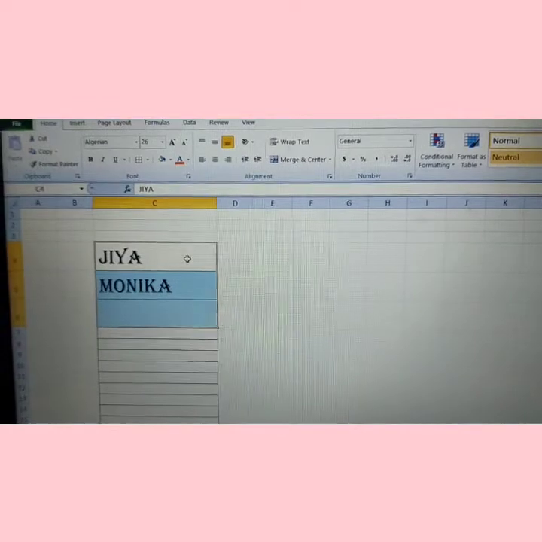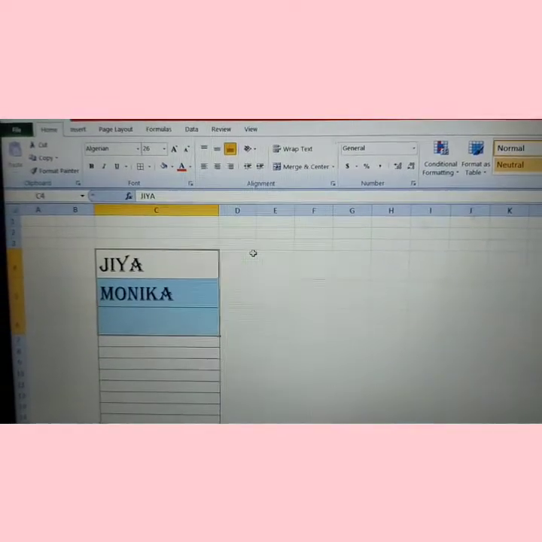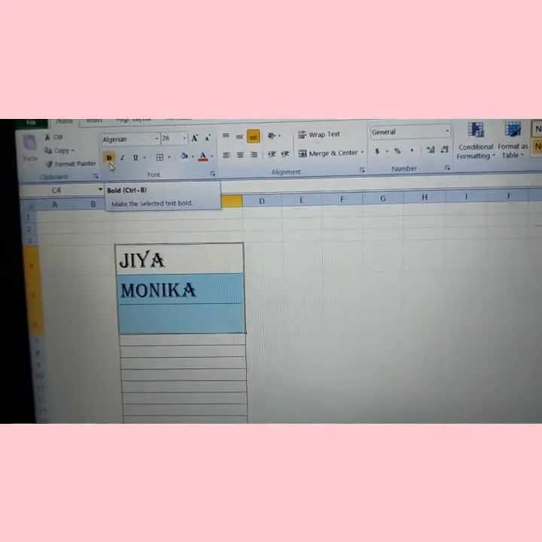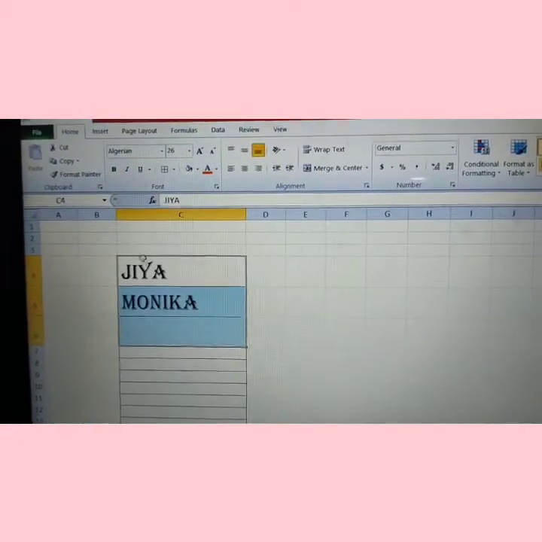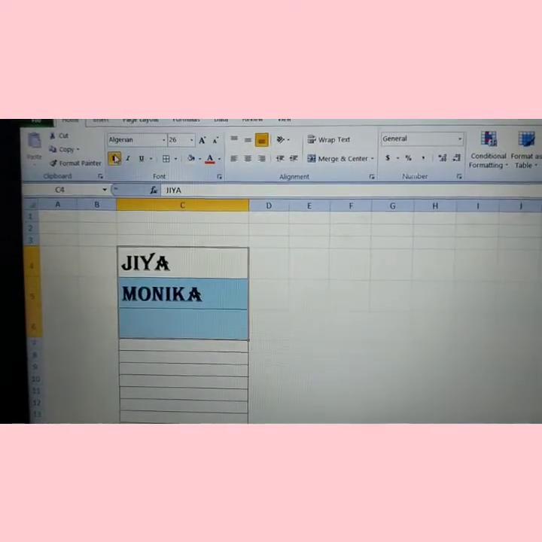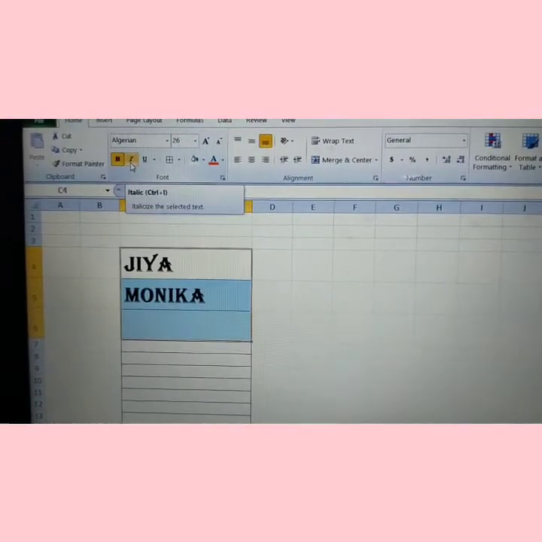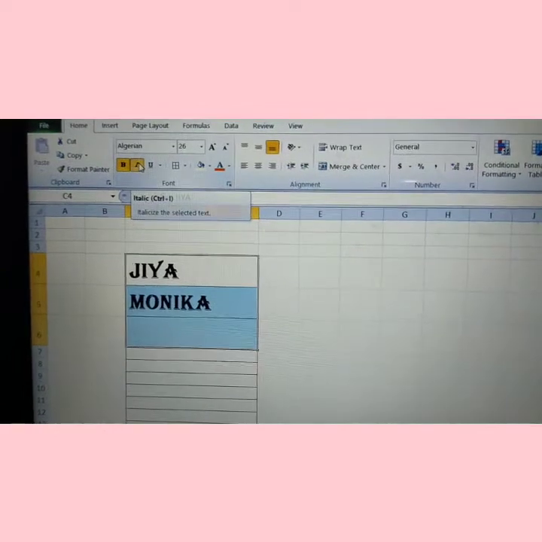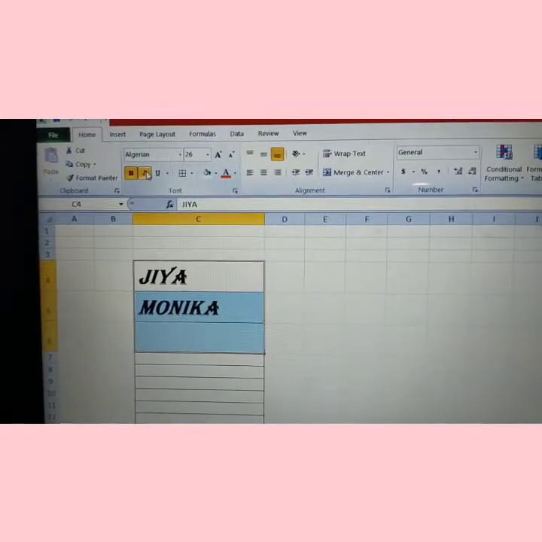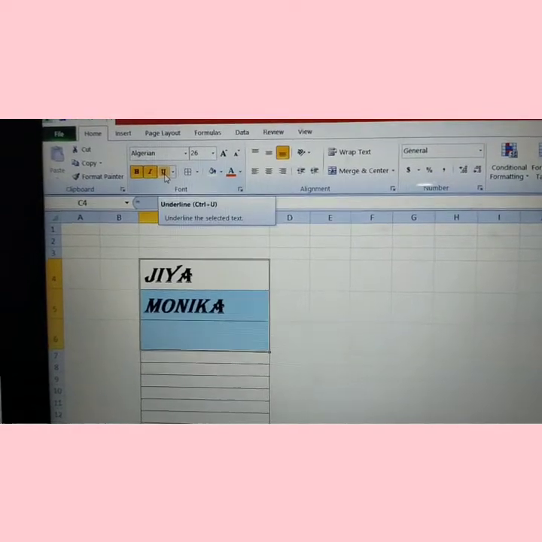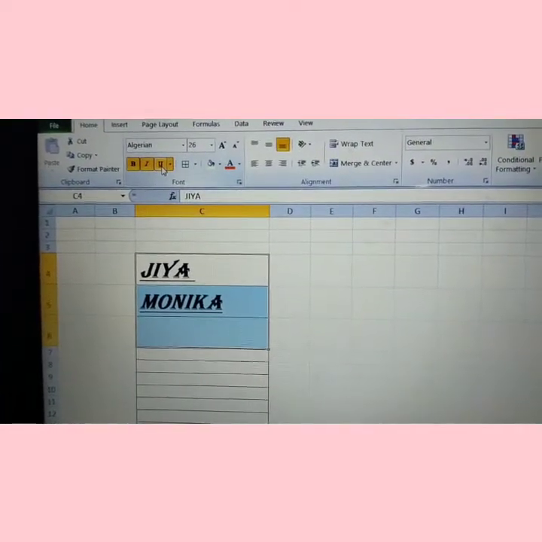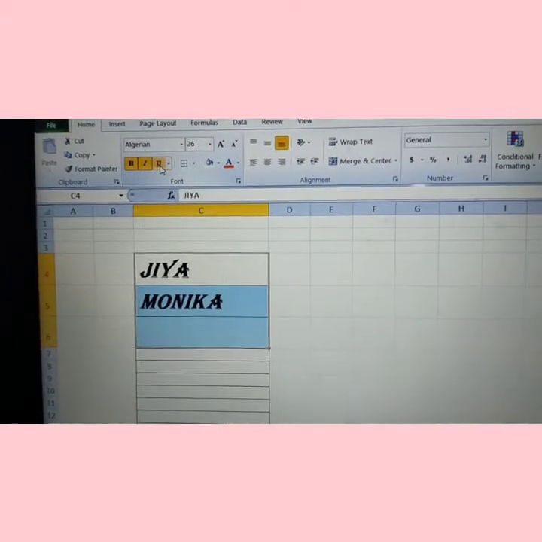And this part is called bold. You can make the text bold. And this is italic. If you will click on that, you can change the style of text. And this is called underline. See, your text has been underlined.